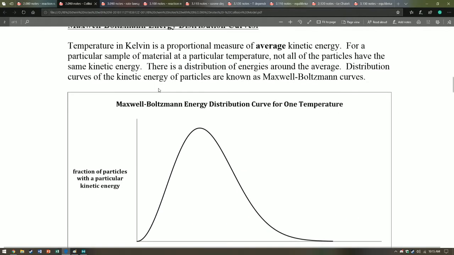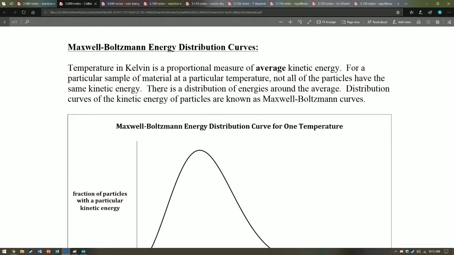So the next thing I want to mention is the spread of kinetic energy at a given temperature given a set of molecules, and we represent this by using what is called a Maxwell-Boltzmann energy distribution curve. The temperature in Kelvin is a proportional measure to the average kinetic energy, as we discussed in topic 5. I mentioned it earlier at some point, but for a particular sample of material at a particular temperature, since it's an average basically, not all molecules have that amount of kinetic energy. Some have more, some have less. And the way we can represent the distribution of total energy within the system is by using a Maxwell-Boltzmann energy distribution curve